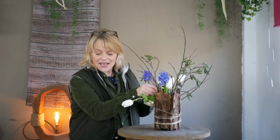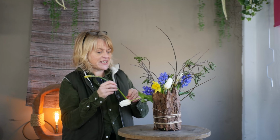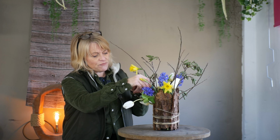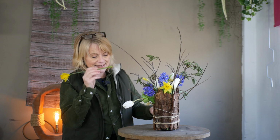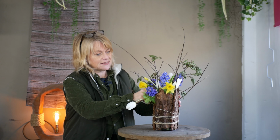Now, my final flower is the daffodil, which of course is my national flower, being a Welsh girl. And very soon we'll be celebrating St David's Day, and hopefully I'll have a nice arrangement for you for that day too. But I'm just going to keep rotating my arrangement around and delicately place my very soft stemmed daffodils